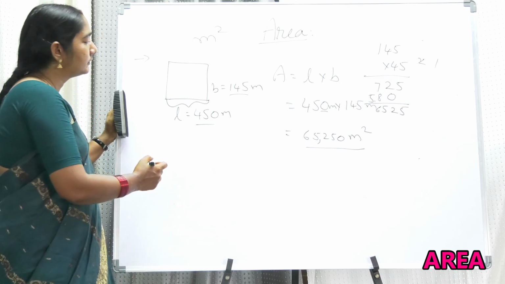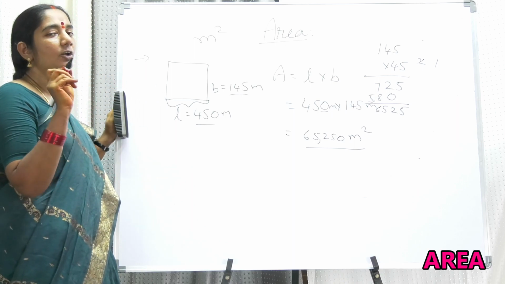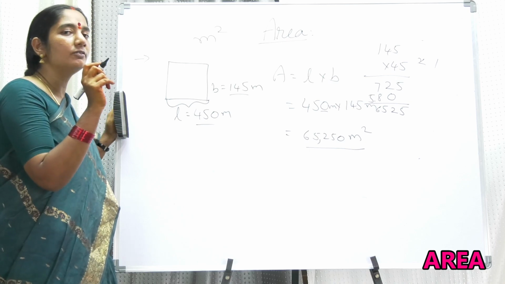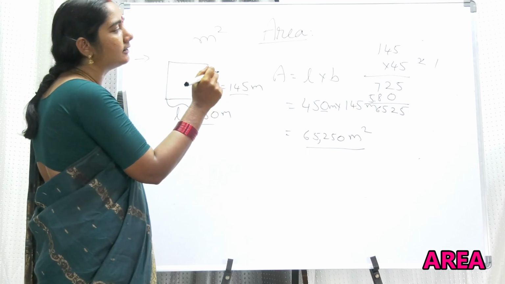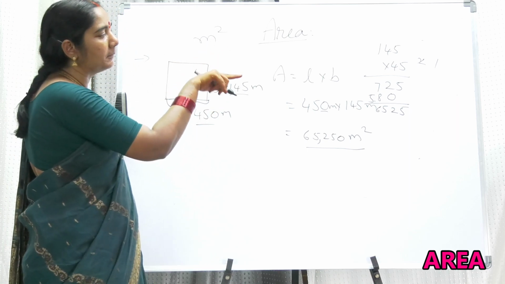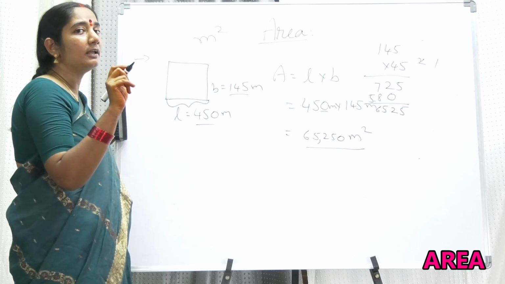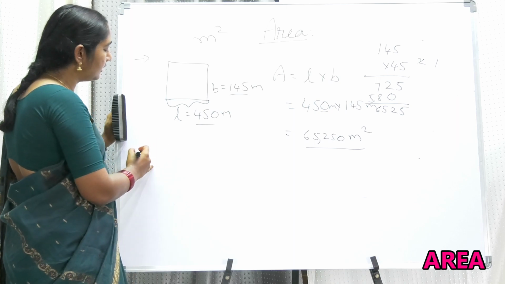Okay, Madam? Please, I request all the children to do the multiplication, not once. Do it 10 times if you want, until you are perfect. That is the main secret. The success secret is doing multiplication. Don't depend on anybody. Don't depend on the calculator. Do it by yourself.